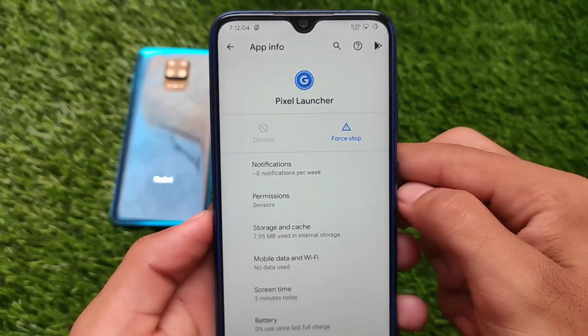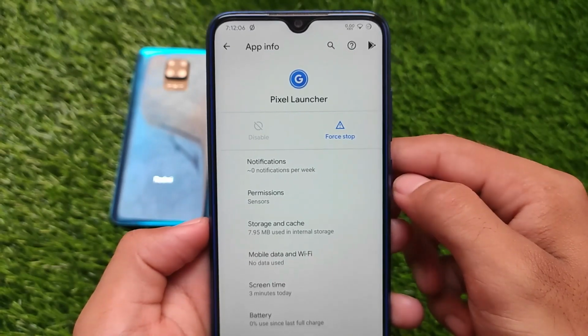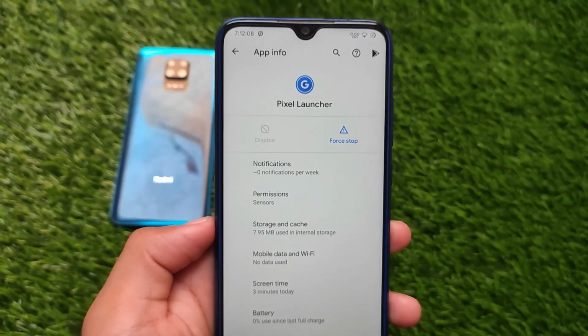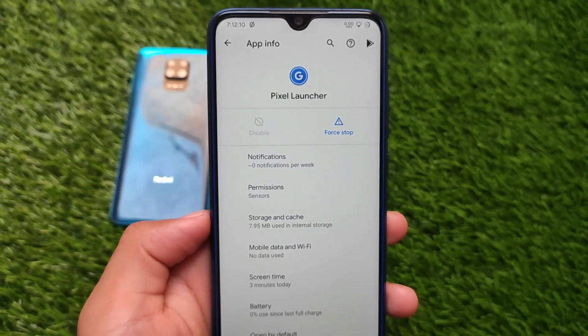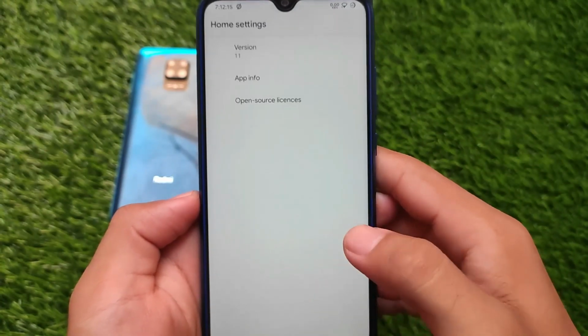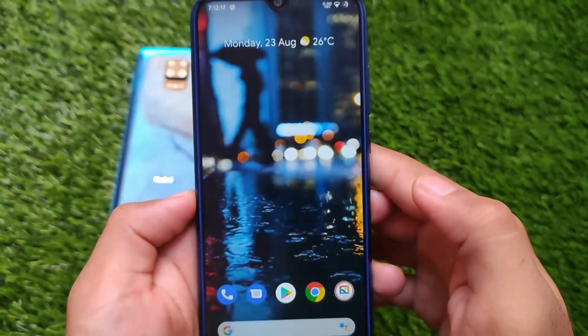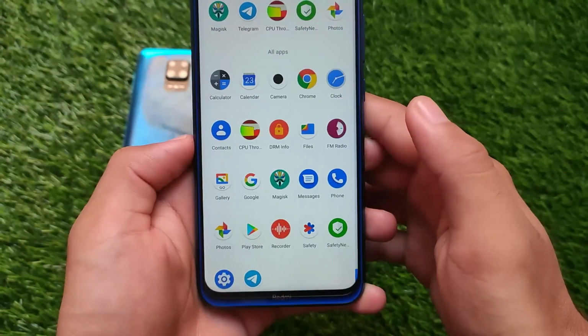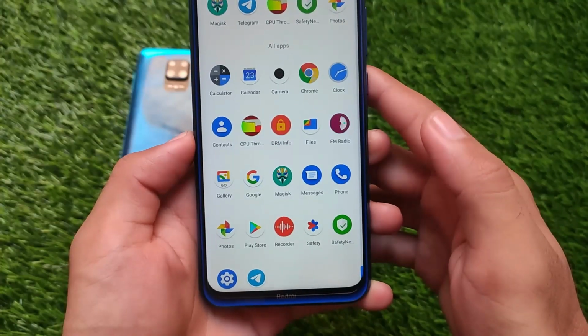This is official pixel launcher. If your device does not include the pixel launcher by default, you can get this, and this is official pixel launcher. It's not the modded one. It is not a modded pixel launcher like you get the app locker or app hide, nothing else. It's normal official pixel launcher, so don't worry about that. Including that, you also get some extra things like pixel goodies.